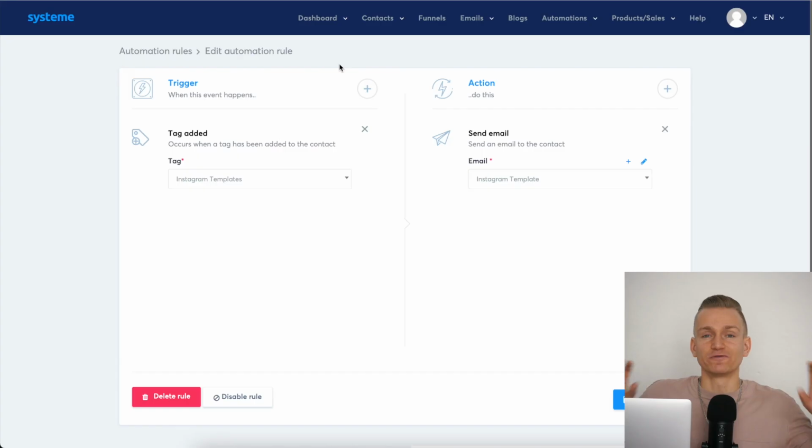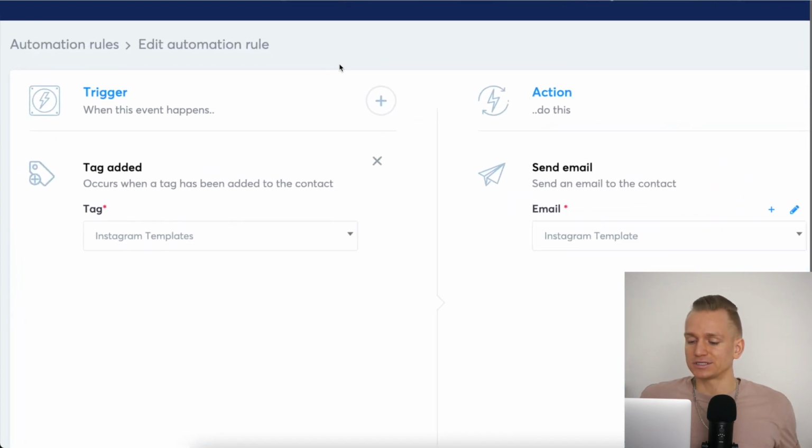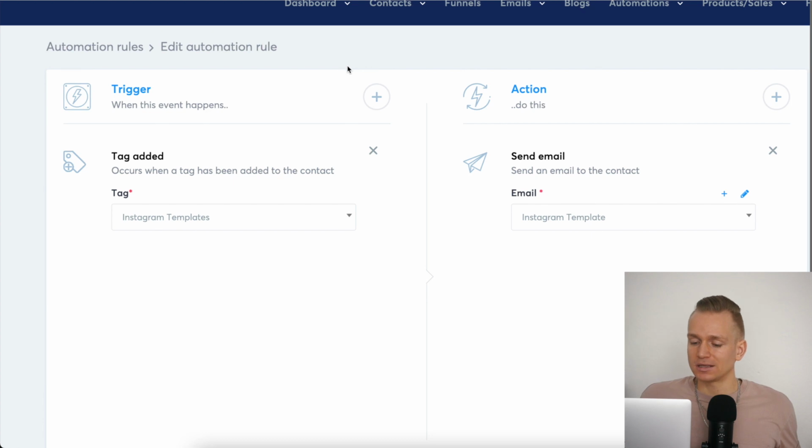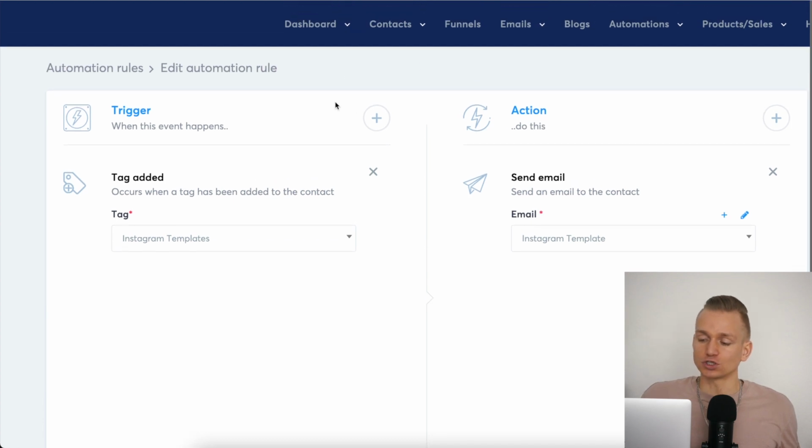But there are a couple of specific things when it comes to online courses that I want to mention here. So the first thing that is super, super powerful, if you come to Systeme, you will see that they have these automation features.